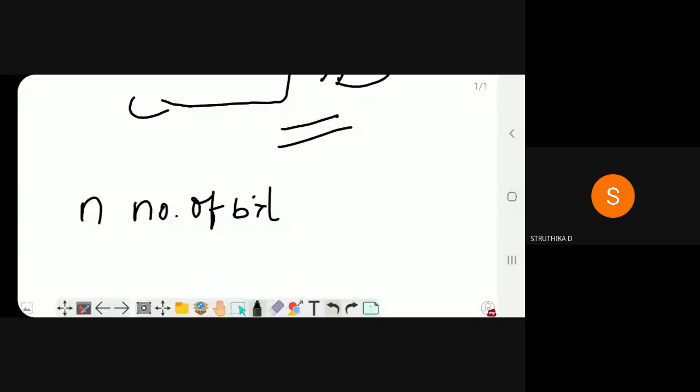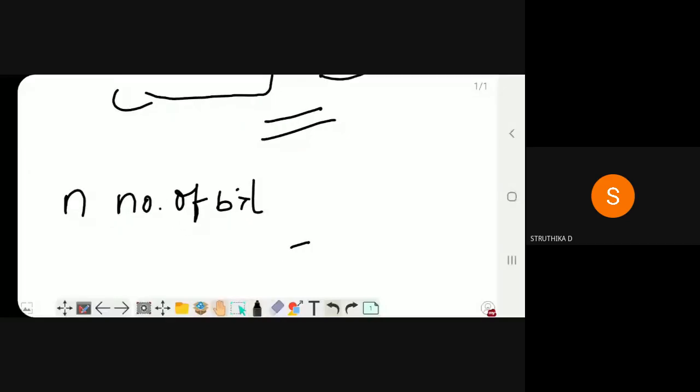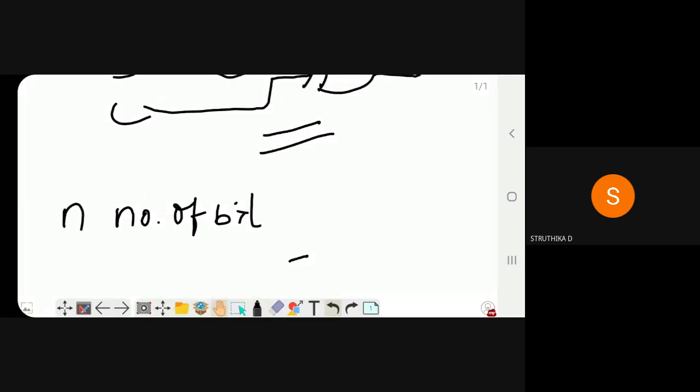For example, if the communication medium has 8 bits, you want to design the parity checker as well as the generator for 8 bits. Then for 8 bits, what comes? 2 power 8 combinations. We would have to substitute for all those combinations, write the truth table, and design for all of them.